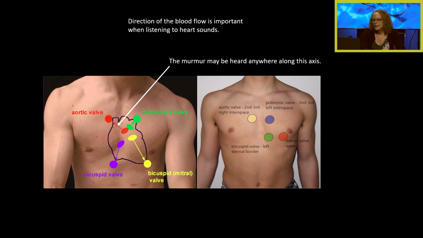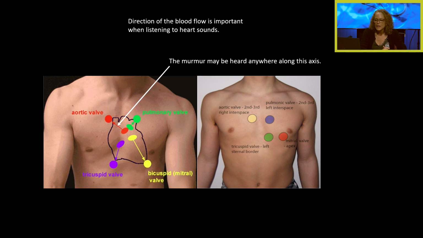So in the case of a murmur, remember we said we'd throw a couple abnormals in here and there. The direction of the blood flow is important when listening to heart sounds. A murmur can be heard anywhere along the axis. So for example, when we look at the landmarks for where to listen to heart sounds on the chest, we can see that when we're listening to the aortic valve, we want to place our stethoscope on the right side of the sternum at the second to third intercostal space, but we can see that that's not actually where the